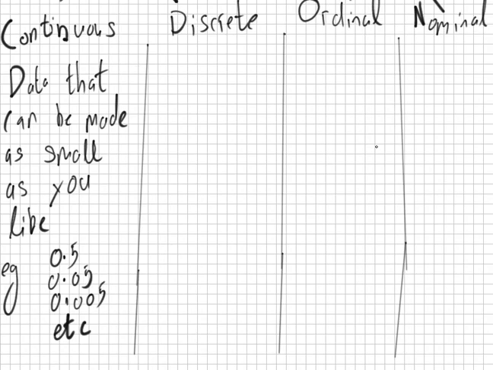I was trying to keep the English simplified, but would you know the word arbitrary? No. Okay. So data that can be made as small as you like. In other words, if I said to you, for example, that the first number was 2, and the next number was 5, and the next number is 6. You should be allowed to choose 2.5 or 2.005,